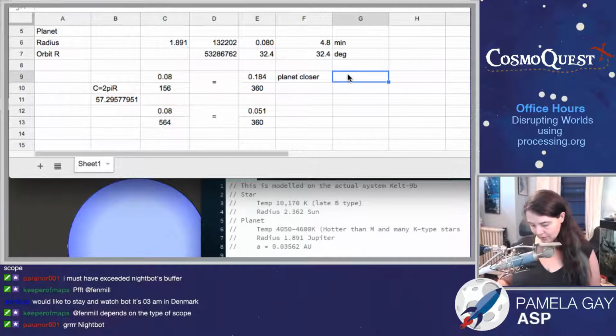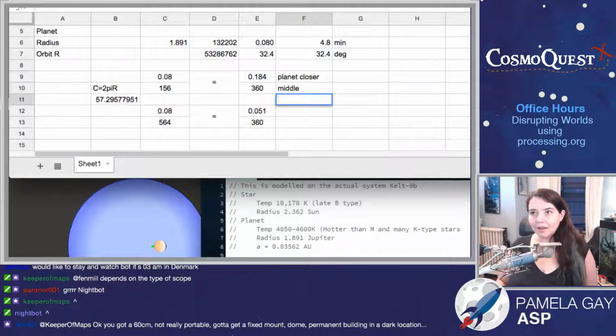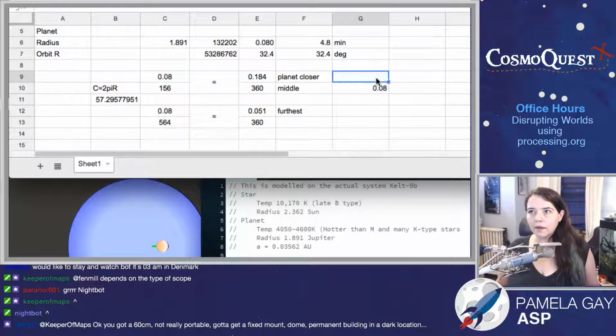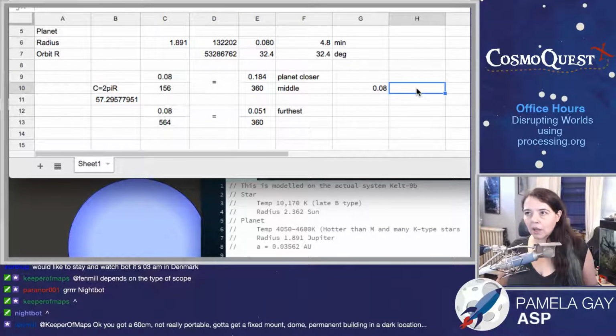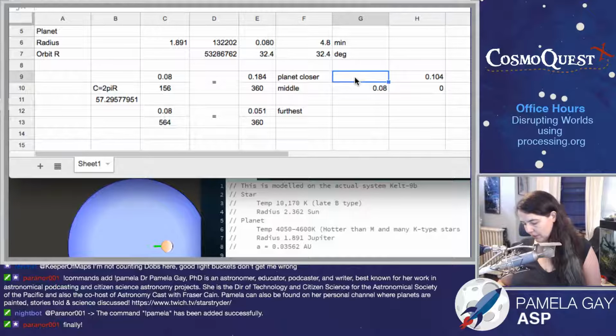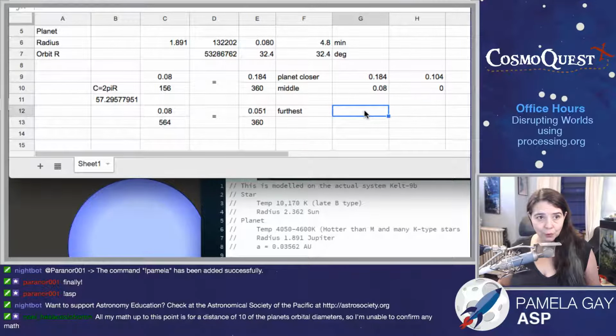So the overall trend is going to be planet closer, middle, furthest, and the middle distance, it's going to have this 0.08 size. Now it's going to have to grow by, so this is an offset of 0. Then to get where it needs to go, it's going to have an offset of this minus this to get to be that larger size. And then as it shrinks further away,